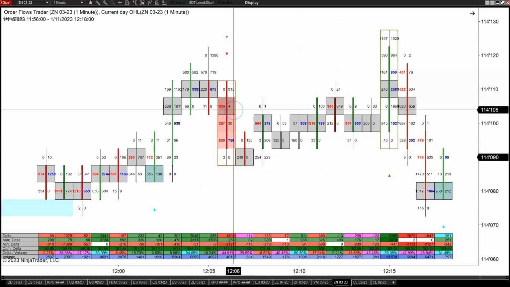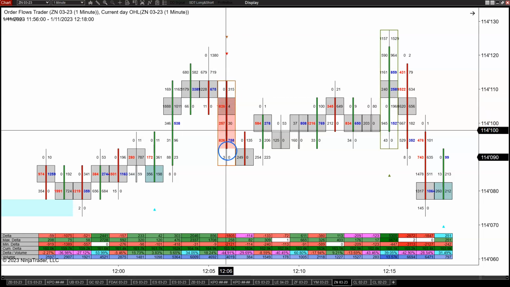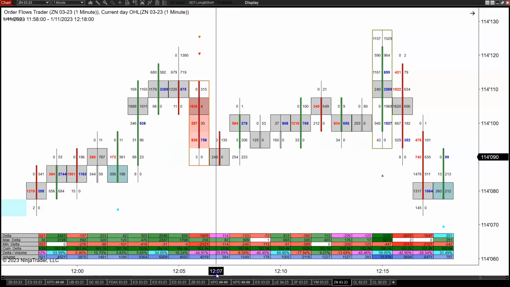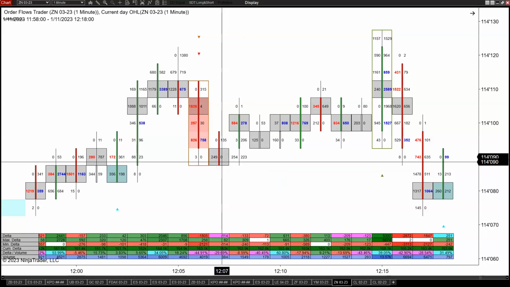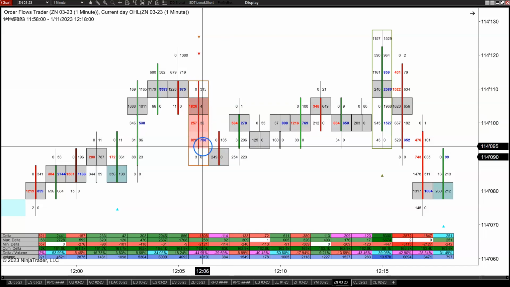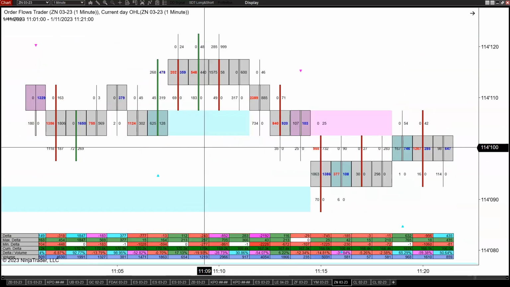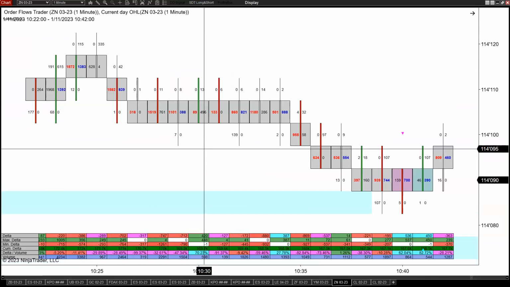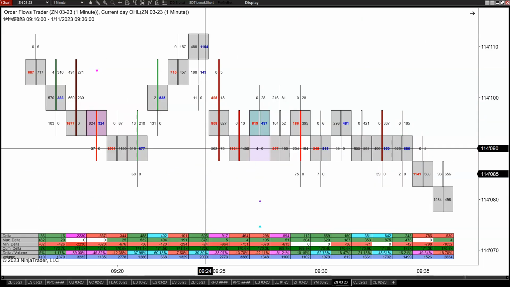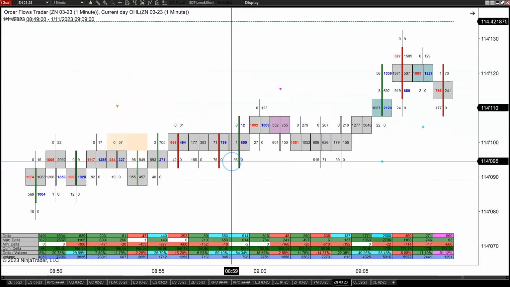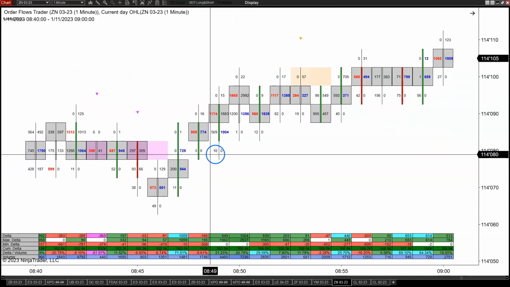Sometimes it's just a big order going through. It's easy to get all excited about something. Oh my gosh, we've got a stacked selling imbalance here, 1, 2, 3, and you think, oh, this is it. The market's going to sell off, and then it just dies on you. So you've got to understand, you want to see some follow through in the order flow as well, not just a big order going through, because with legitimate, trending moves, you are going to see that uptick take place, but then you're going to see follow through trading. Again, on a 1-minute chart it's really hard to get any information just because this market's